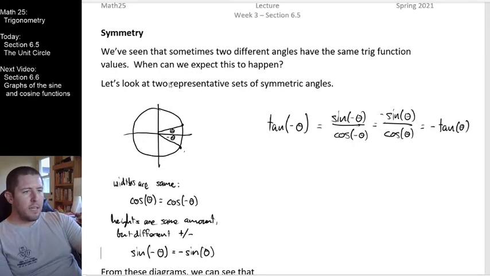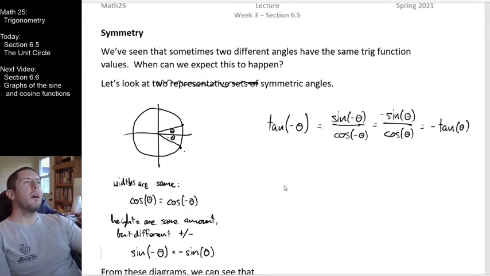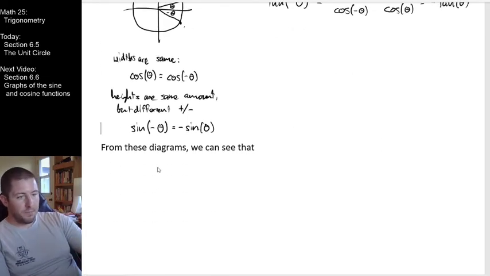I didn't mean to say that; let's look at symmetric angles. That's all I was really trying to say right there. So we have three very, very important symmetry relationships that we're seeing here. Well, those are the ones that we already saw. In any event, from these diagrams, we can see that